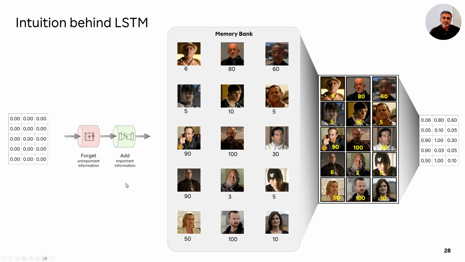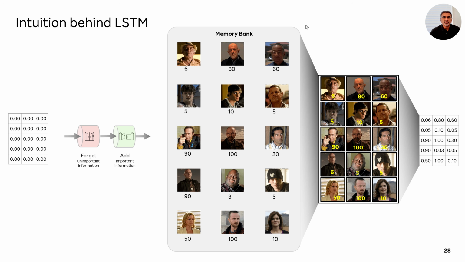So the key takeaways here are: you start with a concept of a memory bank. That's how our brain functions. And then as we are watching things, we start to add those into our memory bank. As we continue to watch, we will remove those things that are not really relevant, because we do not have infinite capacity to remember everything. We will remove those that are less relevant, and we will increase the score of those things that are more relevant to the storyline. So this is the core idea behind how you process long sequences.